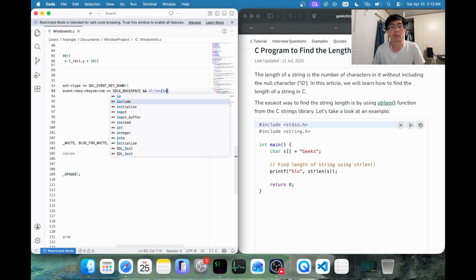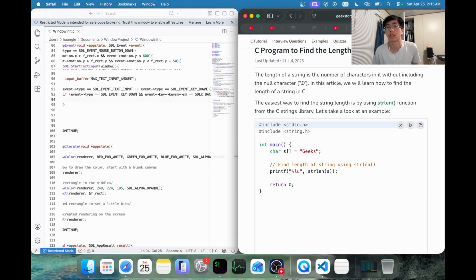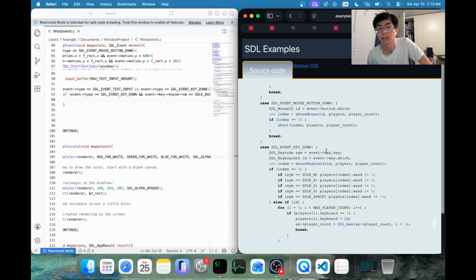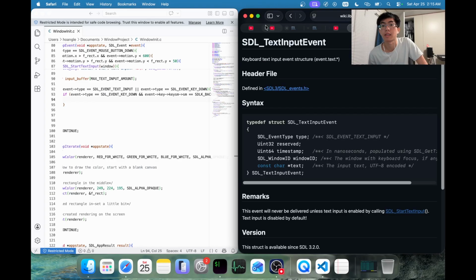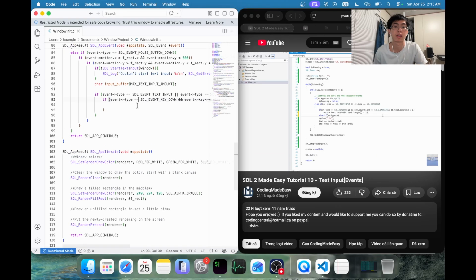Length of input buffer less than, greater than 0. Yeah, yes. If that's the case, then we remove it. Test equal, wait, input buffer equal,